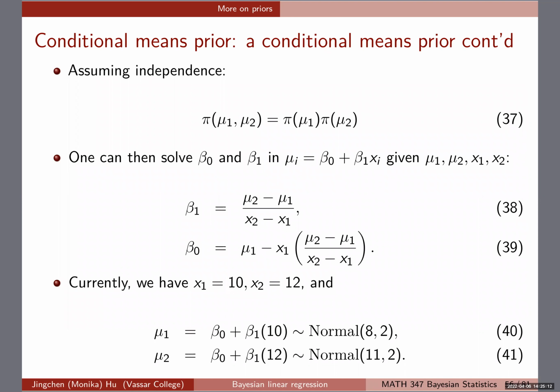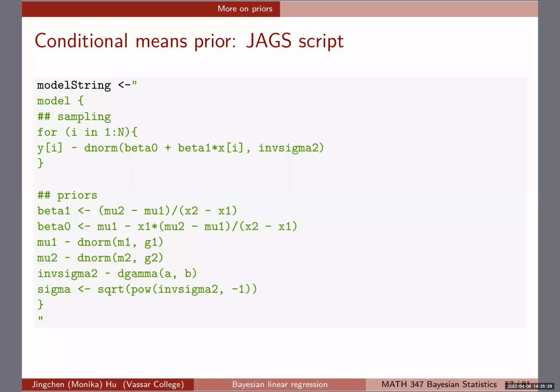So what this means is that we're not directly giving priors on beta 0 and beta 1, but rather we're giving priors through mu1 and mu2, because we might have beliefs about them. And then we are able to mathematically write out the equation for beta 0 and beta 1. And don't forget, beta 0 and beta 1 still come into the mean. So that's why we need to have equations and express them, but then the prior is being specified for